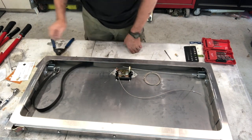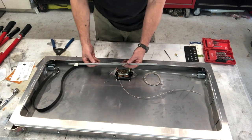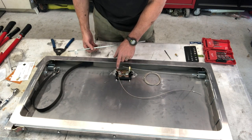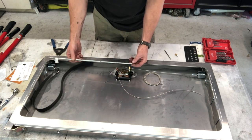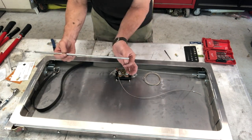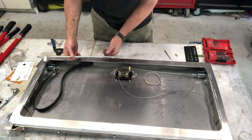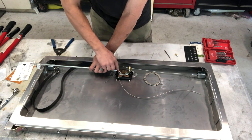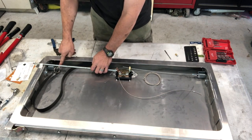Another technique is to use some rod. Unfortunately, I don't have the right length of rod, the right diameter. 3/16 is what you'd want. And basically you'd take a short piece of 3/16 rod, put a bend on it, maybe just a little bit more than 90 degrees, stick that down through this hole or maybe even up from the back and bend it over,